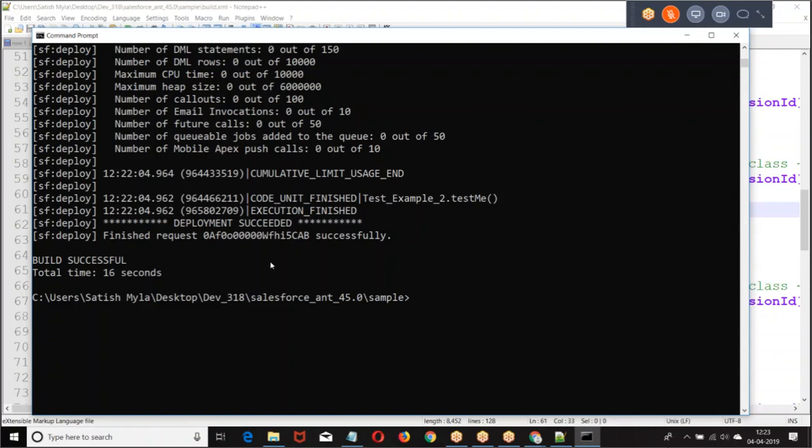Now basically you got an idea about the ANT format. How many files are there? 3 files. The first file is build.properties, the second is package, the third is build. Build.properties will contain the username and password. Package will contain which elements. Then build will create the target connection between package.xml and your build.properties. Tomorrow we'll see once again from scratch how to deploy. If you do it 3, 4 times, then you understand the steps. It's a very simple procedure, but the only thing is you need to set some configurations.